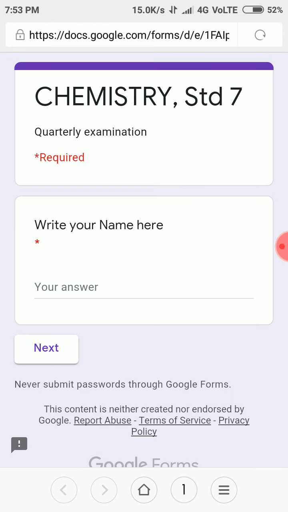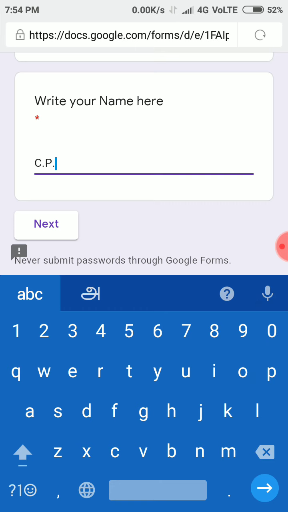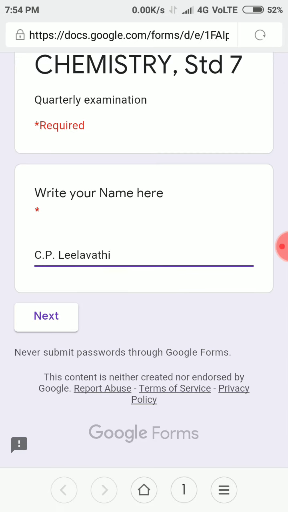So here it is, the required option has been given, right? I'm going to write my answer here. Write your name, here it is. So I'm going to write my name, and I'm going to click next at the bottom. You can see the next button,